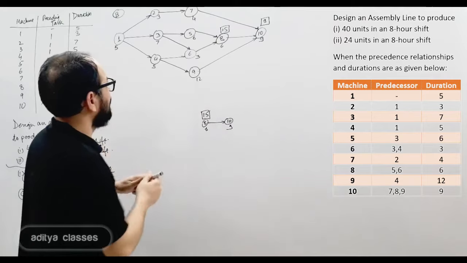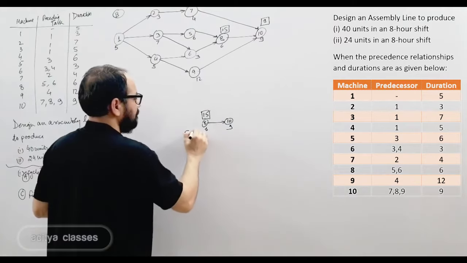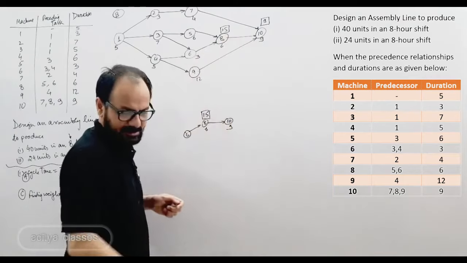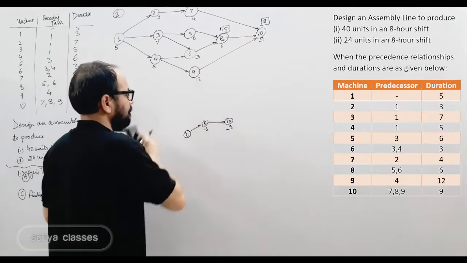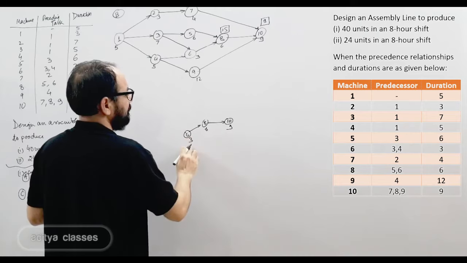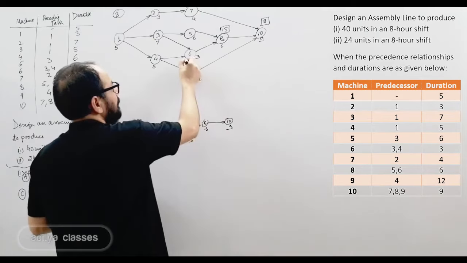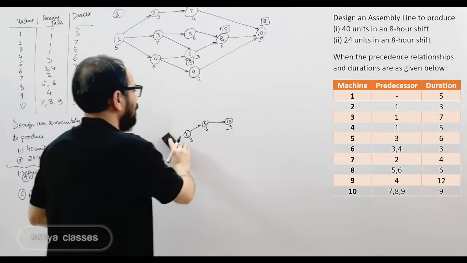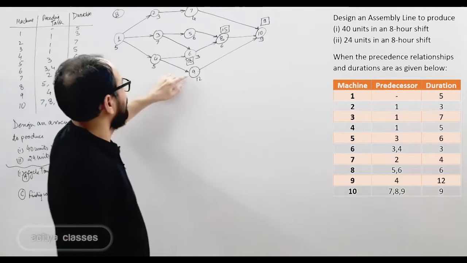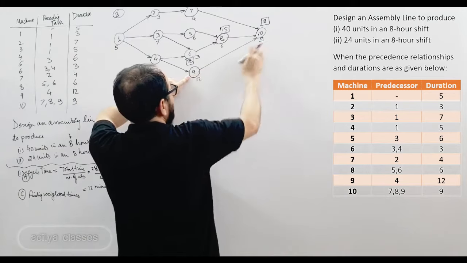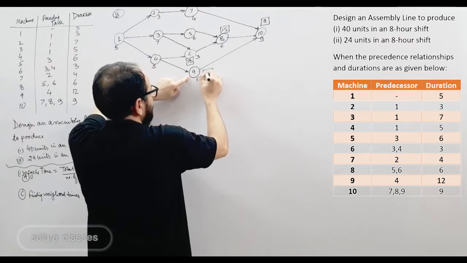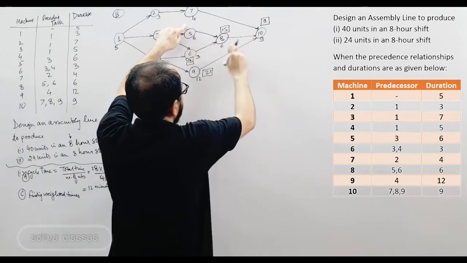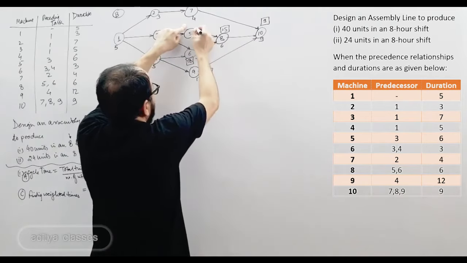Now let us say what will be the weighted time for 6? From 6, if we put a drop of ink, it will flow only in this direction. So only these activities are engaged. 6 and 3, 9 and 9, 18. Now we can find out weighted times for all other machines also. For example, for 9 it will be only one flow, 9 and 12, 21. For 5, it will be only one flow, 9 and 6, 15 and 6,